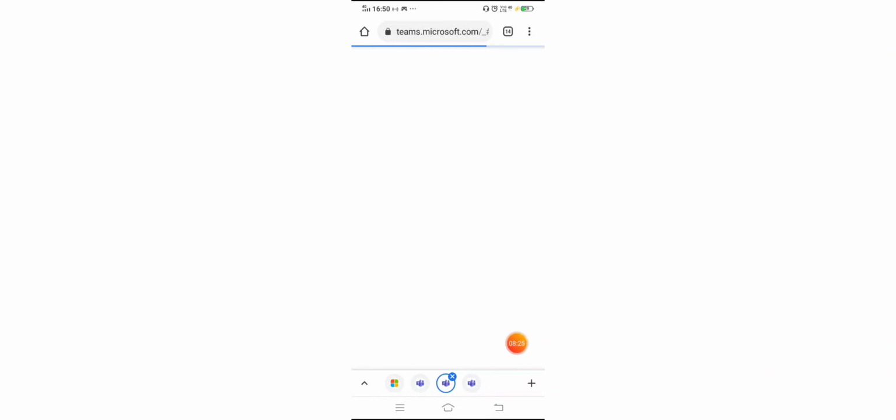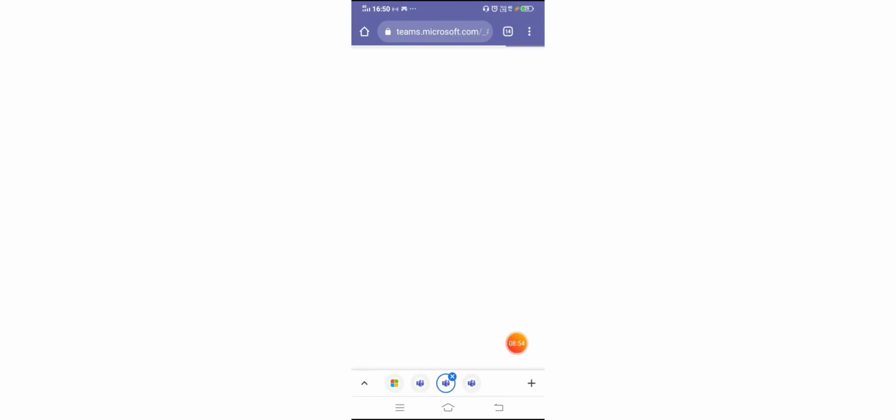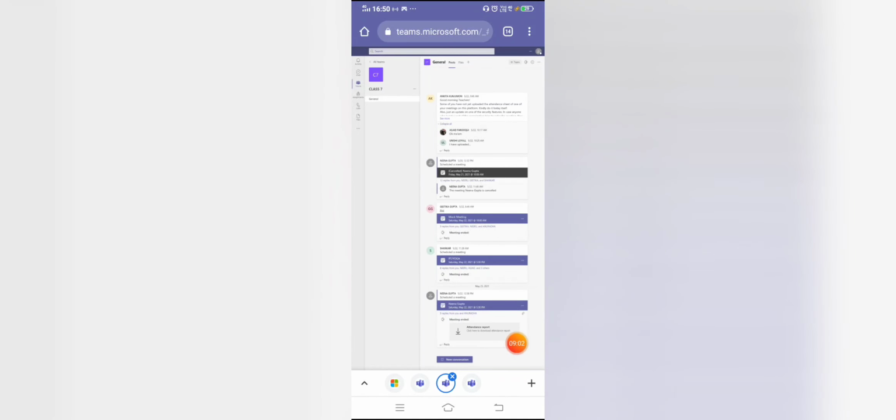And one problem you will face is that all over the screen you will get a download app, Microsoft Teams app, and you will not know what to do and where to go. At that time you have to click on the top address bar, where we are also seeing teams.microsoft.com. So here you have to click, then you will get the option there. You can try what options are there and then you will reach the login. These are the 2 techniques because of which sometimes we are not able to do this.